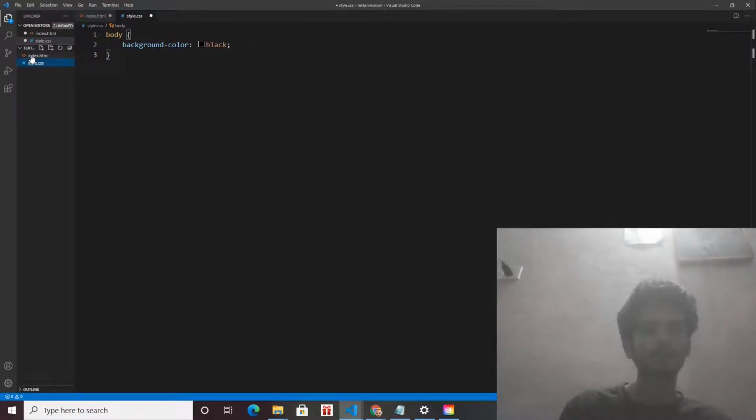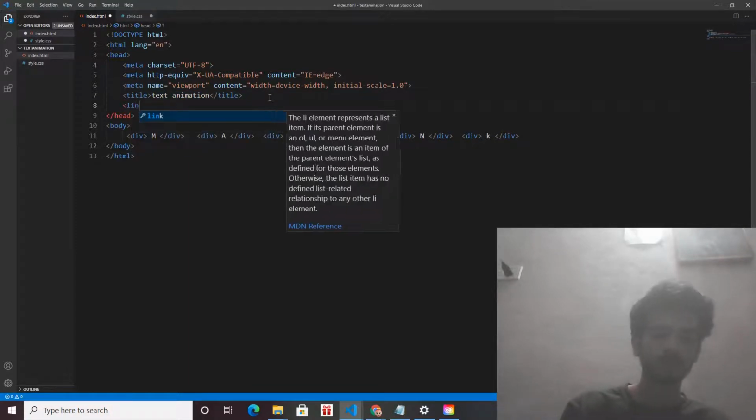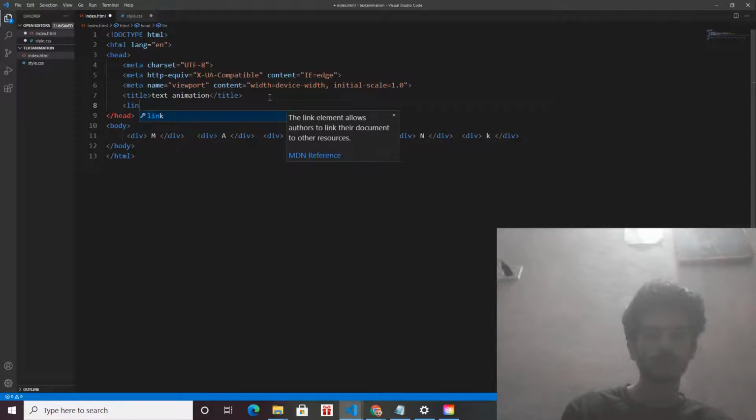Now we have to link our style sheet so the background color works. We can attach this style sheet with the link tag. If you are new to HTML and CSS, I think you should learn how to attach linked sources.